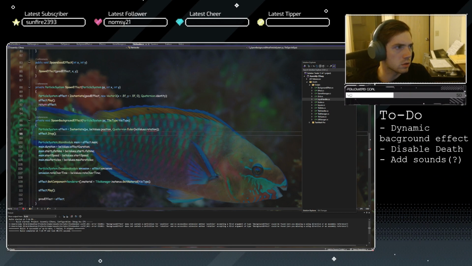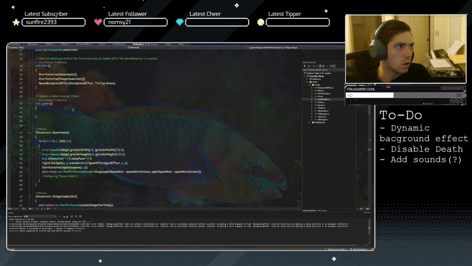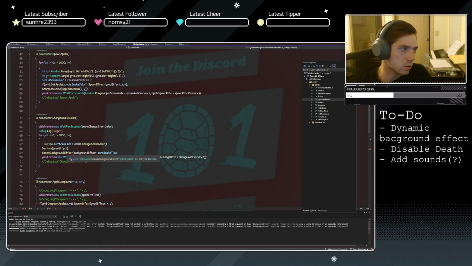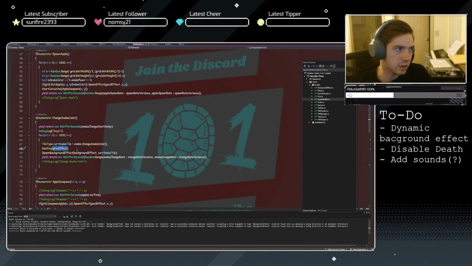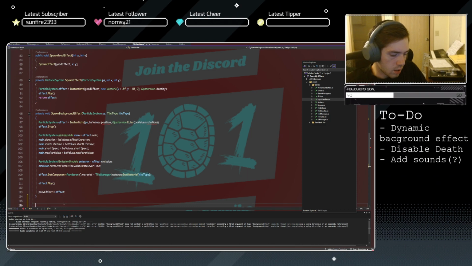Now I'm confused. When does it stop the effect? Oh. It destroys the previous effect. Oh, do that game object. Yeah, that's what's going on. That's what's going on. We can do